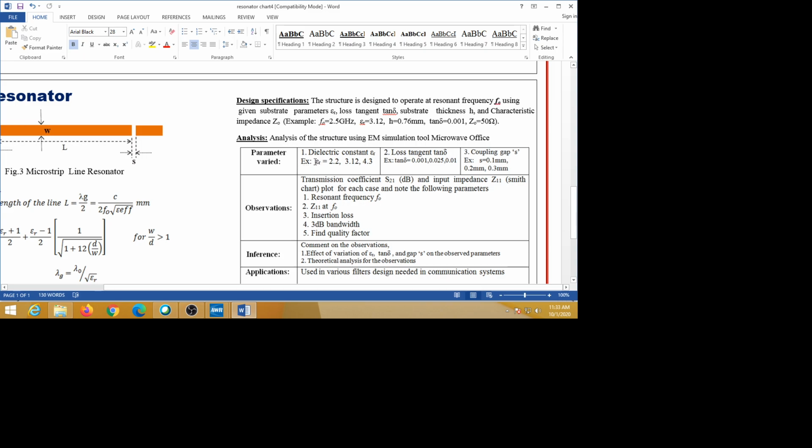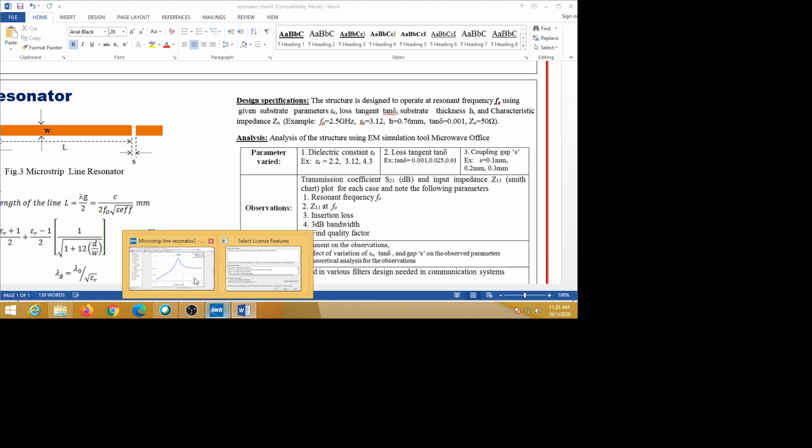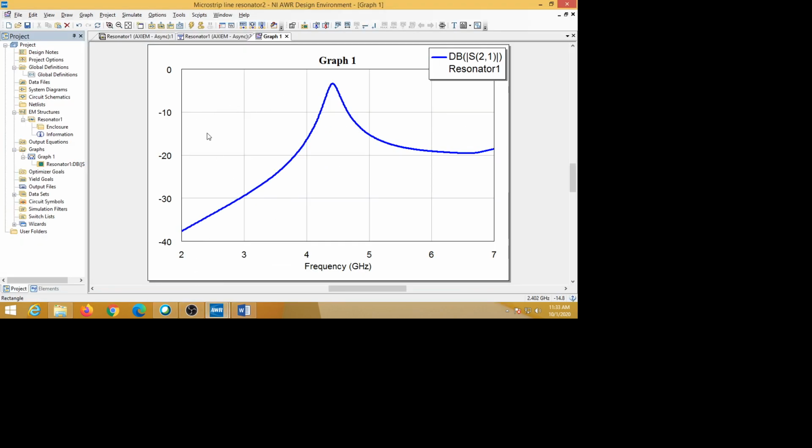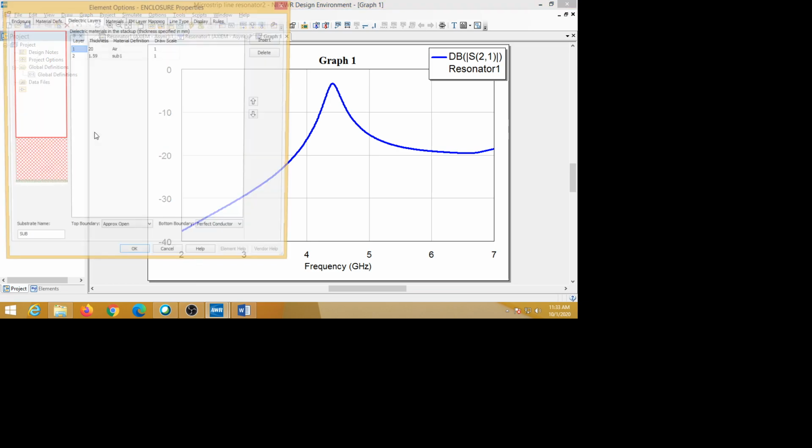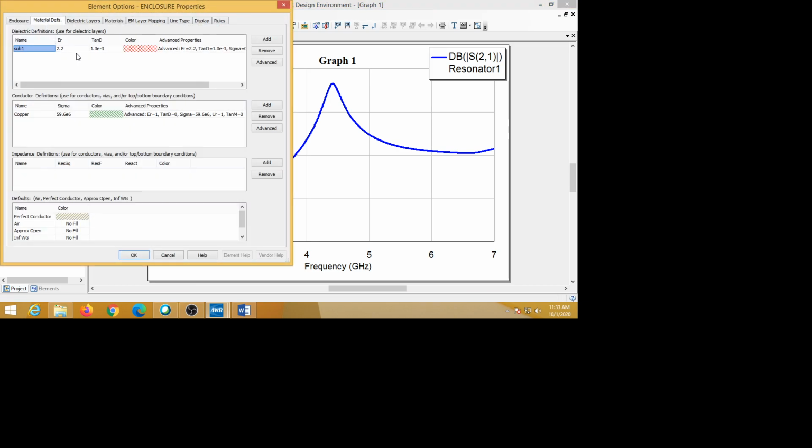So what we have to do is vary the dielectric constant parameter, epsilon r. Vary the value of epsilon r means, see, for this result we kept the permittivity equal to 2.2. Okay, 2.2.